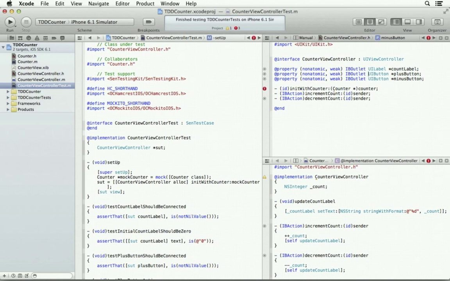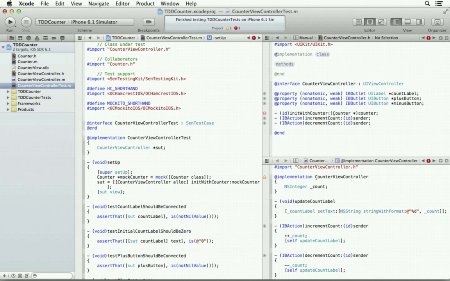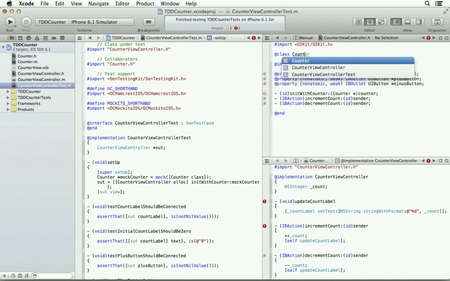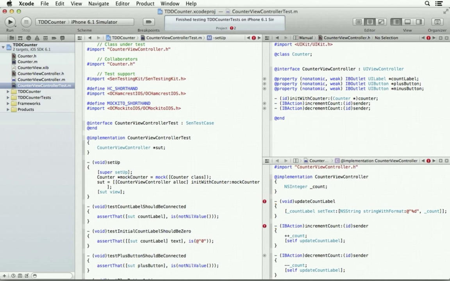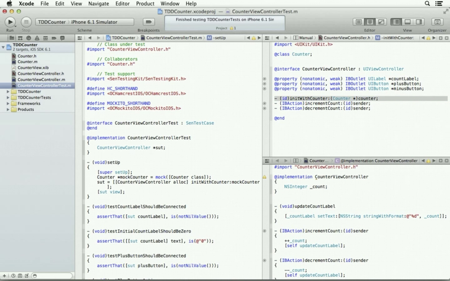Counter, and AppCode would also add this forward declaration of the counter class. You're all using forward declarations instead of importing the headers when you can, right?